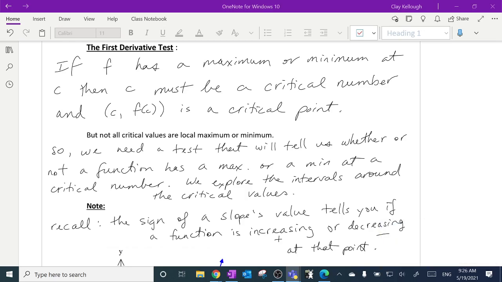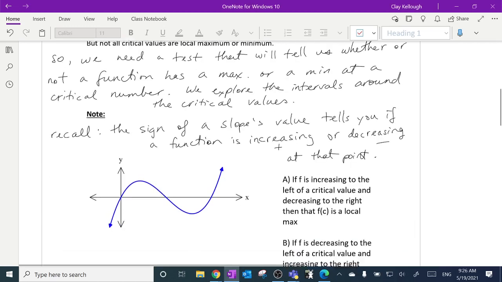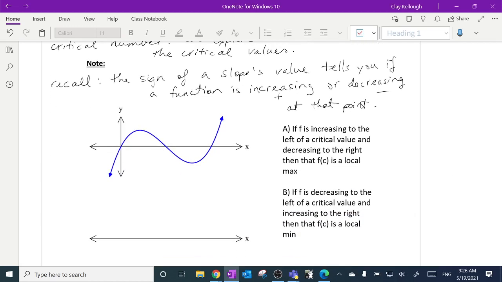Okay, so this is pretty similar to what I was doing the other day. I'm just kind of doing it a little more formally now. So here's what it says in your notes. If f is increasing to the left of a critical value, like for example, this critical value right here, how would I know it's increasing? Well, I'd know because the slope would be a positive line on that side. Right? And if it's decreasing to the right, so this is going to be point A,